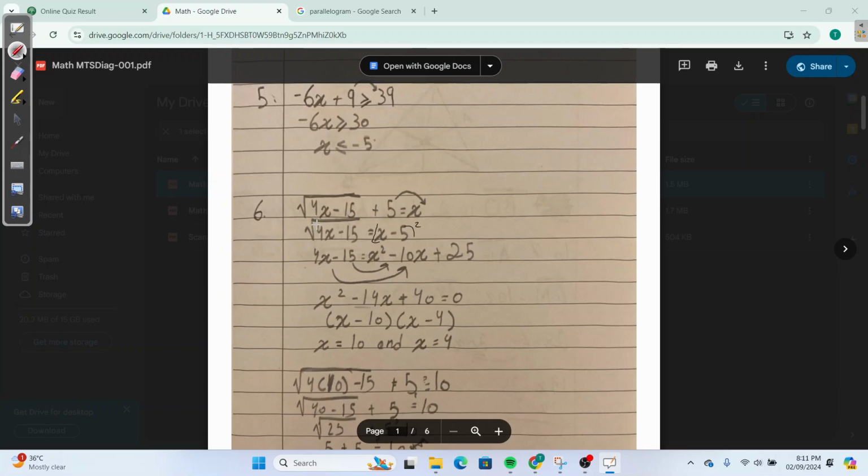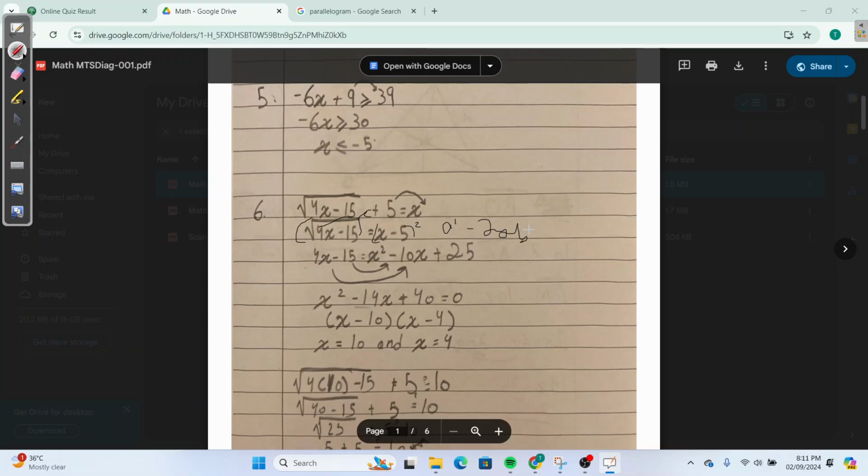Now, once you square both of these, the root cancels with the square. So you don't have to worry about that anymore. This is gone and this is gone. So it's 4x minus 15. Now you expand x minus 5. You apply the remarkable identity a minus b squared, which is a squared minus 2ab